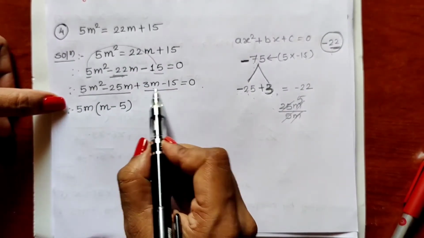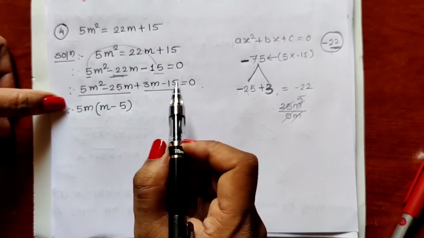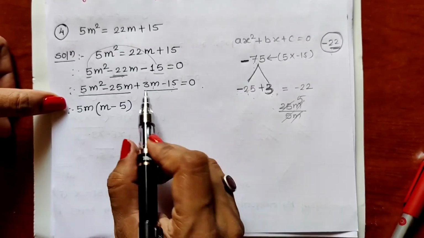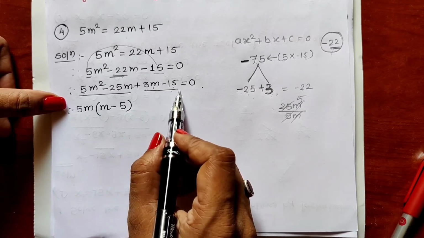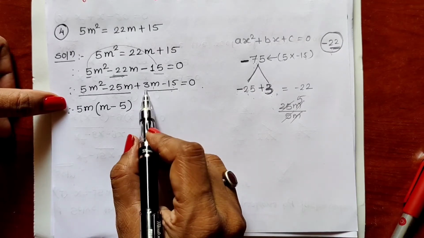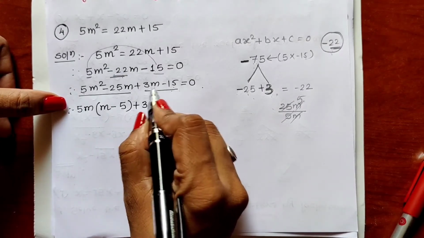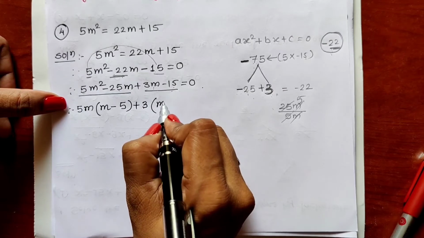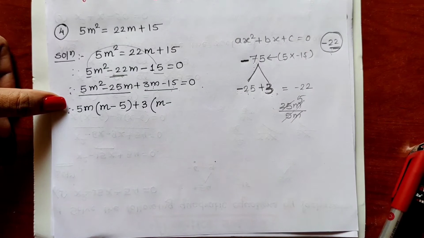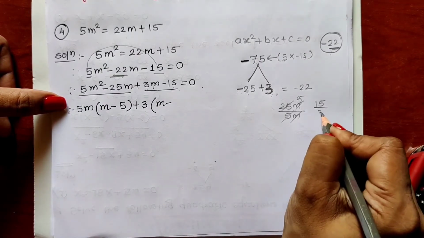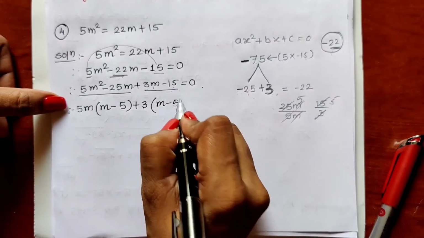Now let us see from the third and fourth term what can be taken out common. m is there in the third term, but in the fourth term m is not there, so the variable we cannot take out common. Let us see which number we can take out common. 3 is the smaller number, 15 is the bigger number. This bigger number is divisible by the smaller number, so 3 can be taken out common. Now here from 3m, 3 is taken out common, m is remaining, minus sign. From 15, 3 is taken out common, that means what? 15 divided by 3. So 3 1s are 3, 3 5s are 15. So it is minus 5 is equal to 0.